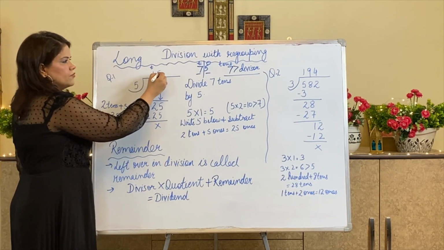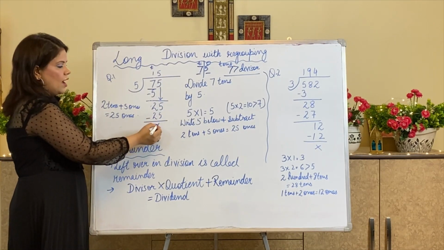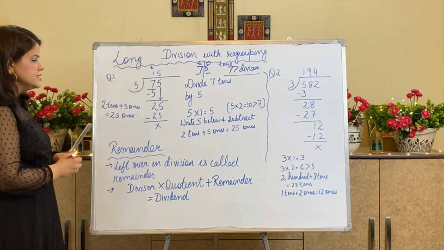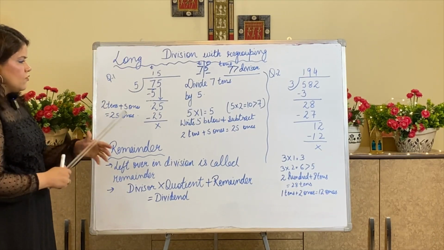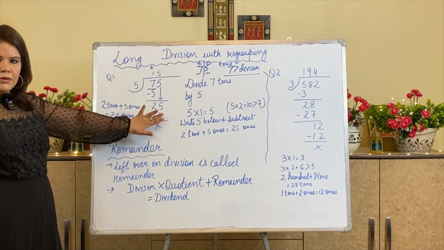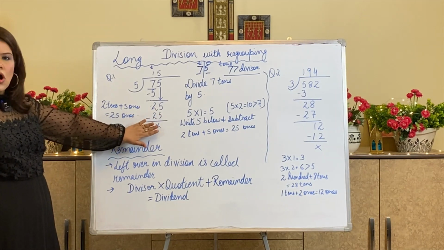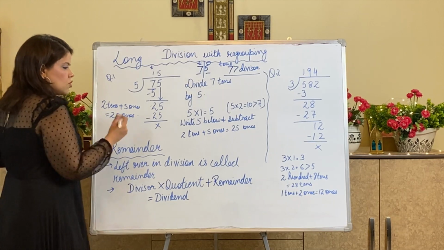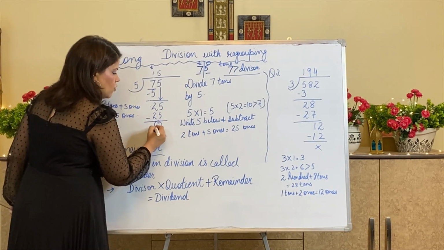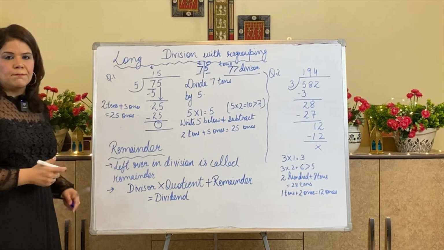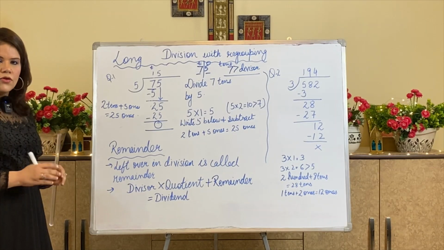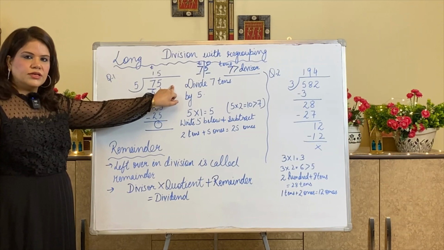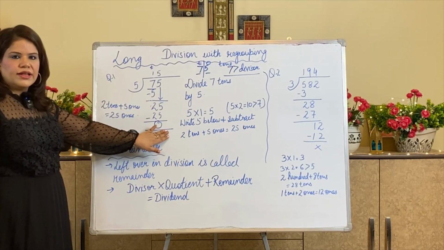I know that 5 into 5 is 25. So 5 fives are 25 and if I subtract, I will get 0. You can see that it was going completely with the table of 5. So I have not got any remainder here. This is the place of remainder. This cross means I have got 0 here. I have not got any number here, so I don't need to solve it further. Above that, I don't have any digit after this place. So this division will get over here.